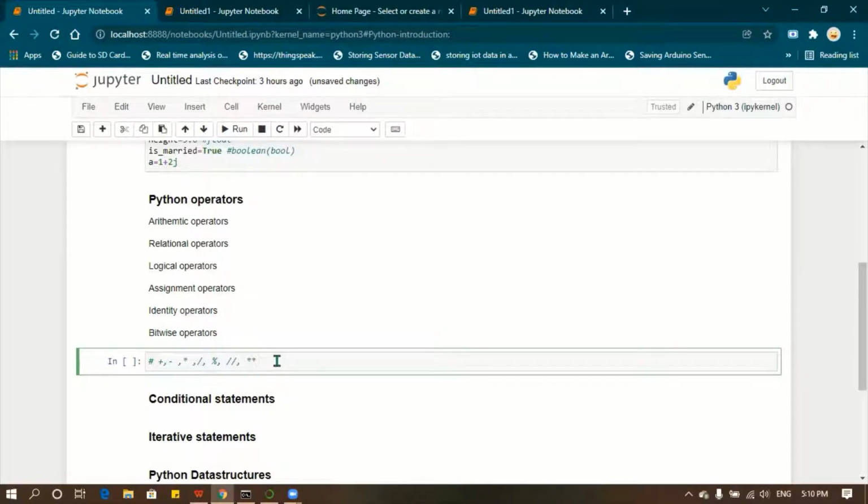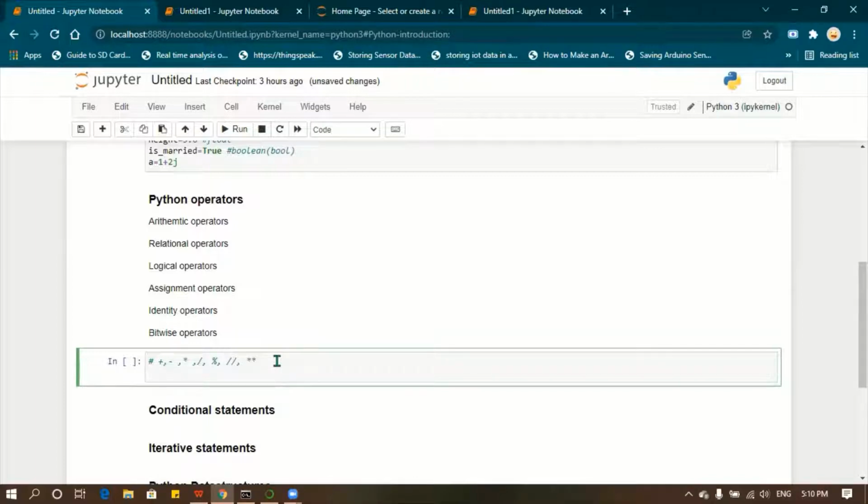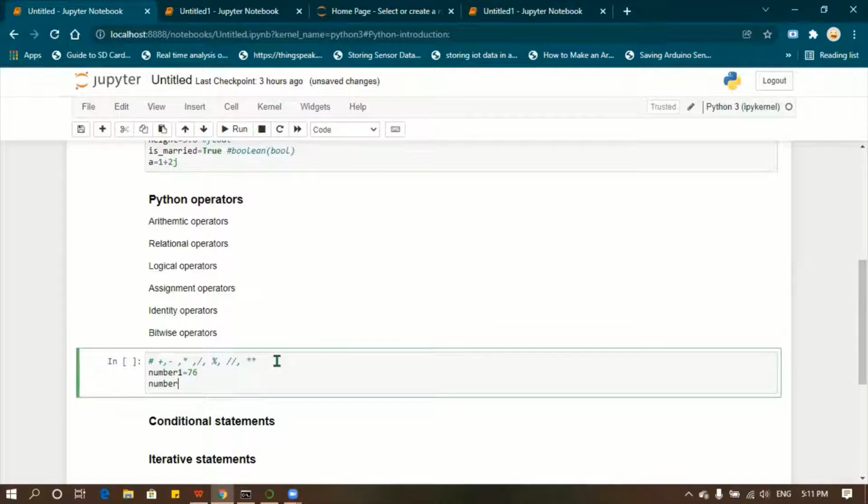So let's see what these do. Let me declare two variables. number1 equal to 76, number2 equal to 45. Now I'm going to perform all these arithmetic operations on these variables.